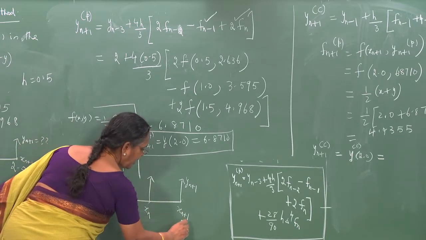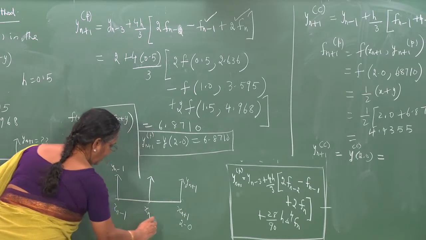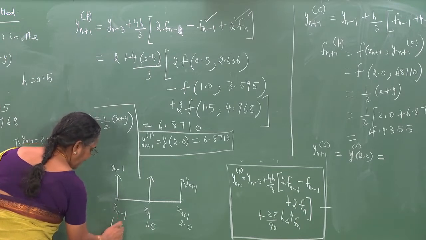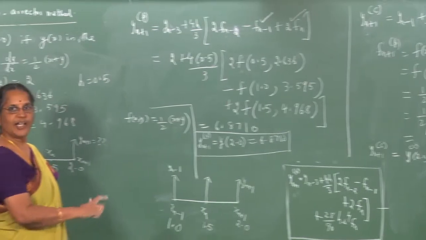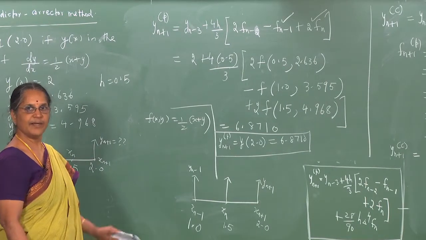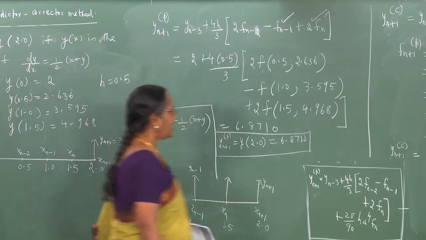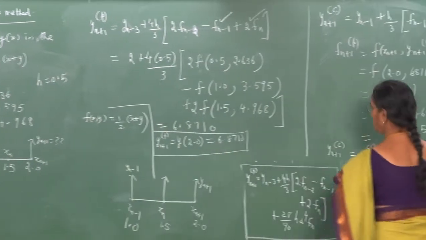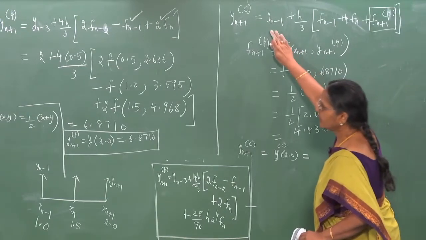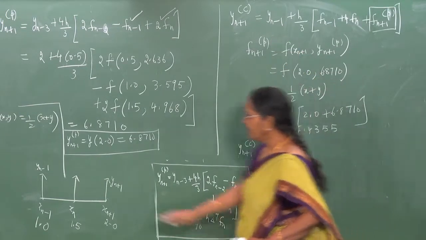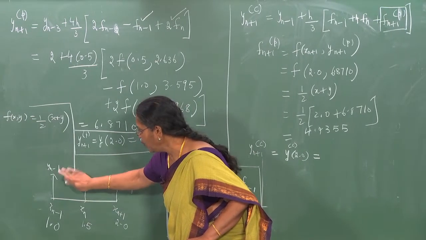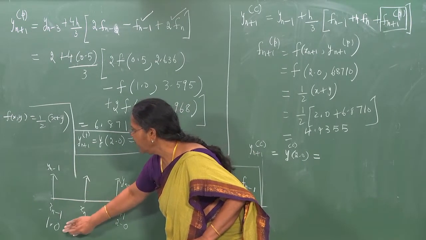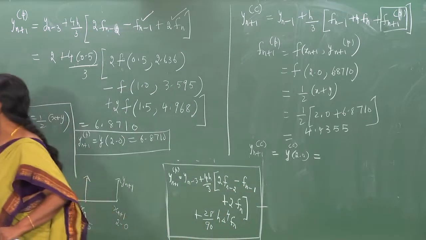So, if this point is 2, then xn will be 1.5, xn minus 1 will be 1. So, mark clearly what the points are and what the function values are. That is very important. And when you substitute those values, can you tell me what is yn minus 1? It is the value of y at xn minus 1, which is 1. So, y at 1, which is